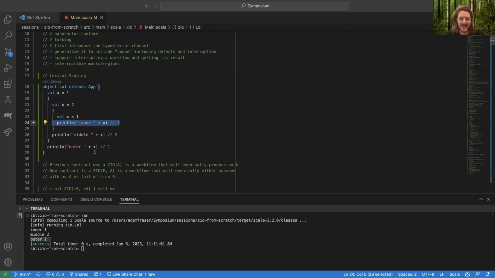So lexical scoping, scopes, and interruptible regions are really just the same idea. It's how we write our code, these nested zones. And it's nice to have the behavior apply to all child behaviors unless we override it for a subregion. For whatever reason, it's easier to think about. So that's probably why it shows up in lots of places as a desirable property.